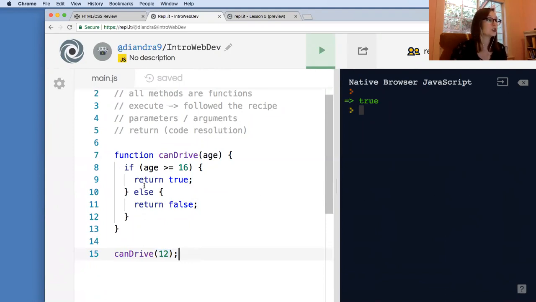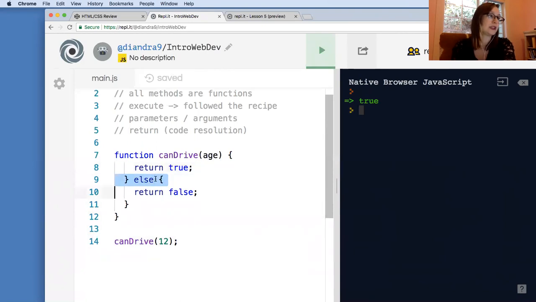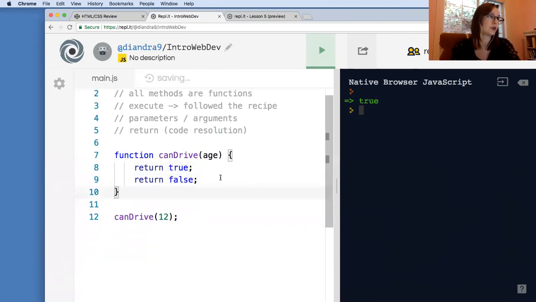However, there are two return statements in here, but notice that only one ever runs in any case. In some cases, line 9 runs, in some cases, line 11 runs, but you can only ever have one return value. So you might have multiple return statements to create options, such as with an if else, but there's only one return value. So if I got rid of my conditional and just wrote this code,